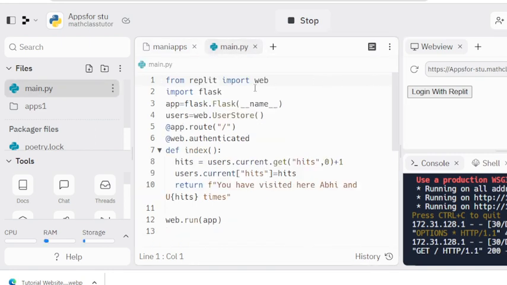So this one is from the Replit import web, and import Flask. Flask is like a framework tool, and app will equal to Flask dot the Flask underscore name. Users will equal to web dot user store, and app underscore app dot route, and parenthesis inside of commas like slash underscore web